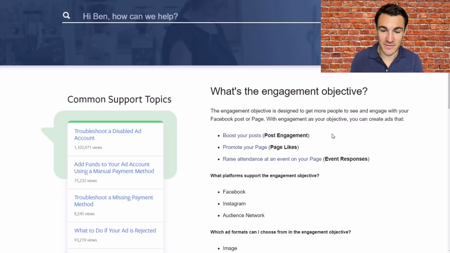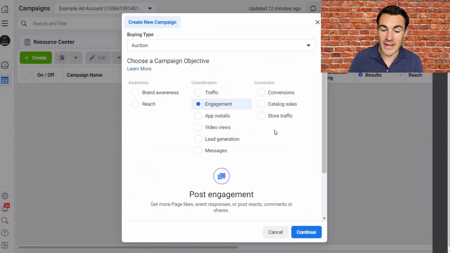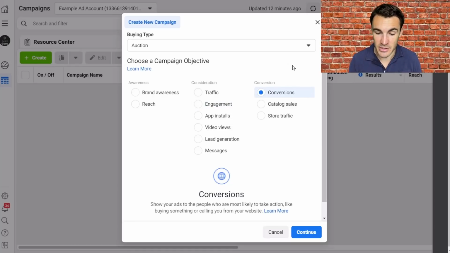And the impact of this is more than you might think. It's not just on that post or ad itself, but it also, if we jump back into Ads Manager, is going to affect your other campaigns. So obviously Facebook is learning at the ad account level, also at the campaign level, but at the ad account level, who engages with your content, who clicks through to your website, who's most likely to buy, all that sort of stuff. Well, if you were to then say, run an engagement campaign, generate social proof, and you've also got conversion campaigns running, for example,